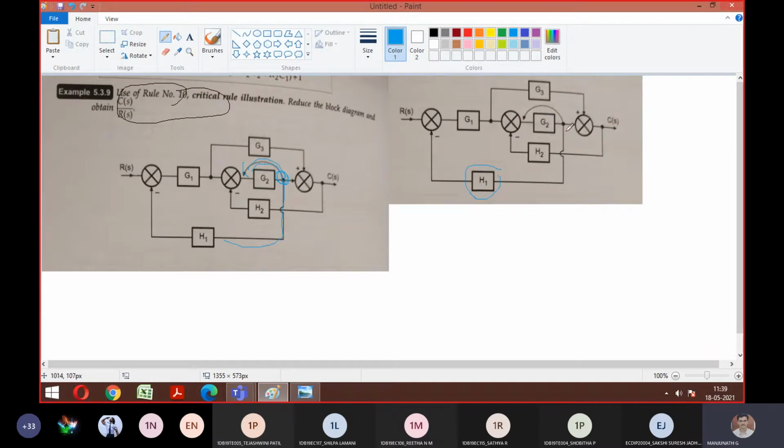Good, so step number 1 is over. I will eliminate this point from here, so let me erase this. This point won't be here; it will come to this junction. Any doubts, anyone? What is the meaning of step number 1? Is it okay? Again, I will create a jump here, so this is how the connection looks. The extra thing I should do is multiply by the block I am moving, G2. So you need to move G2 here. I hope step number 1 is clear to everyone.